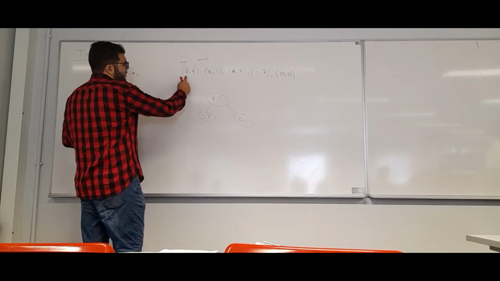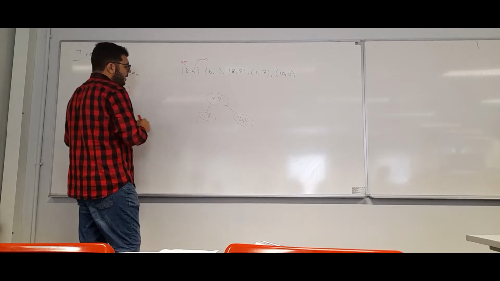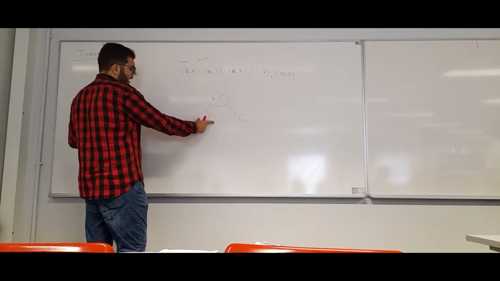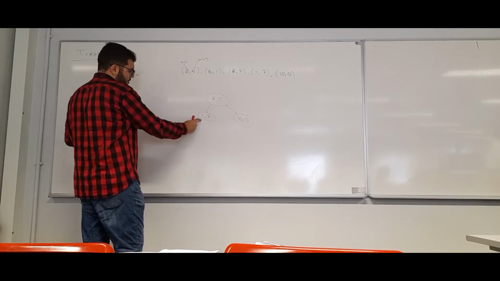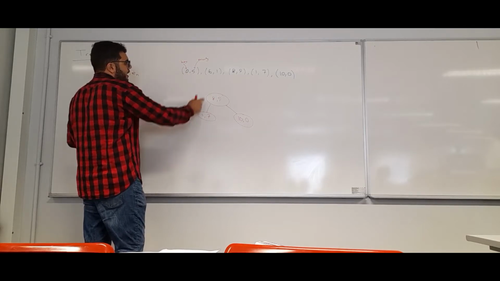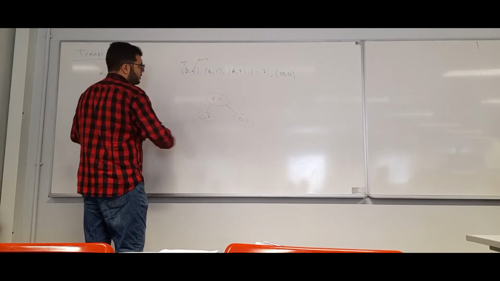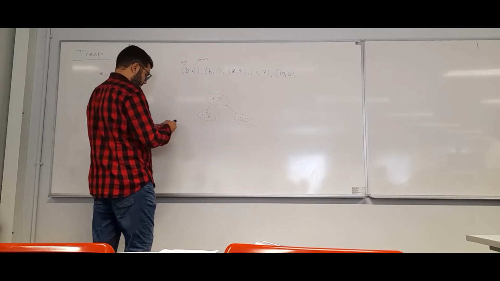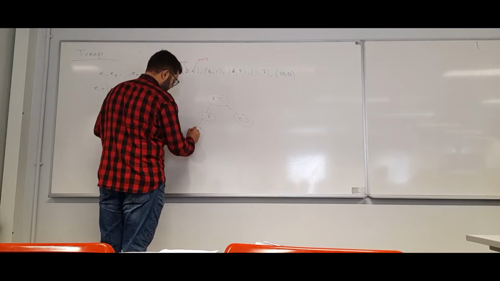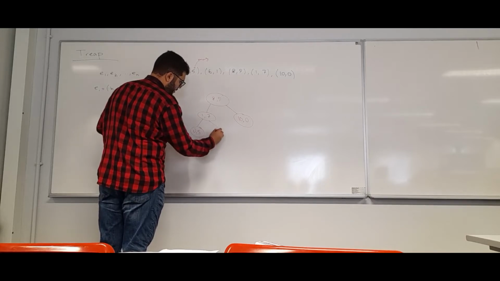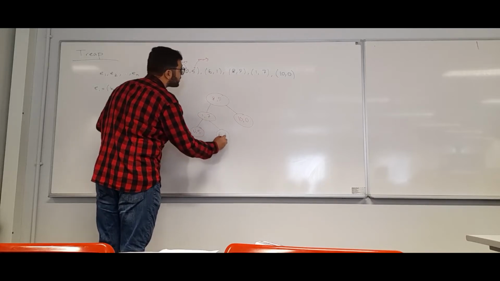So I have (0, 5) and (6, 1), but I know that here I have to have a binary search tree based on the keys. So (0, 5) should go to the left of (1, 7), and (6, 1) should go to the right. Okay. So I will get (0, 5) here, and (6,